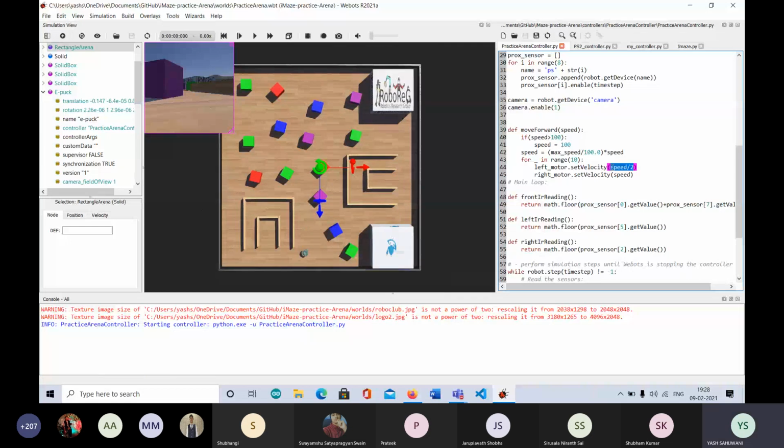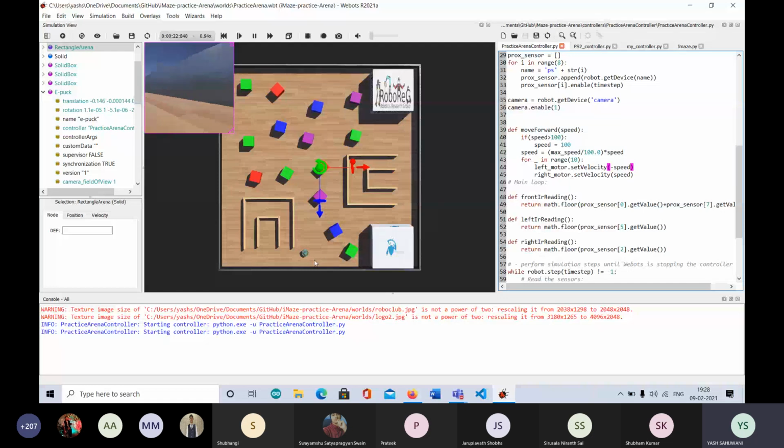For example, you can do this also. You can see here that the bot is rotating. If you want to rotate on a single point, this will happen. As you can see, it's rotating, and this is minus speed and speed. Now, if you change the velocity here from minus speed to anything else, then it won't rotate about its point, but rather it would go forward and take a left turn or right turn.